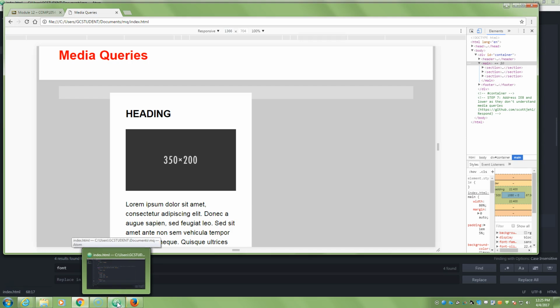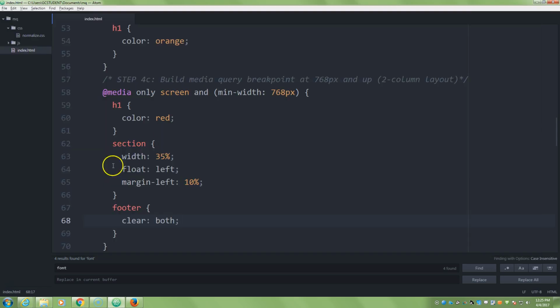However, I don't need a margin left on the first one. If I'm going to sit two of these side by each here, I don't need the first section to have a margin left. I just need the second one. I also don't need the third one because the third one I'm going to have full width. So here's what I can do. Let's say section,